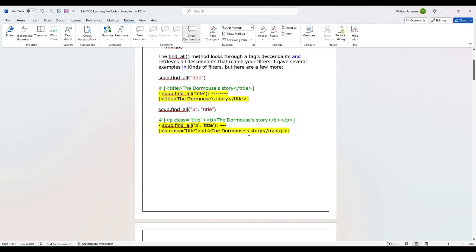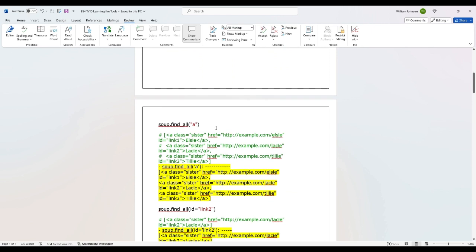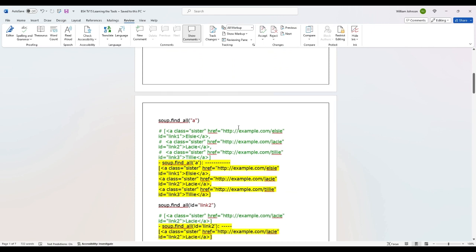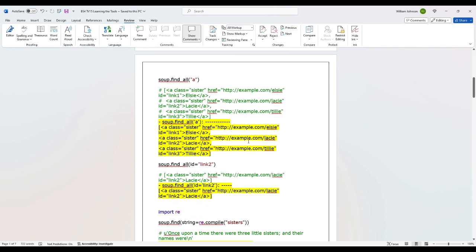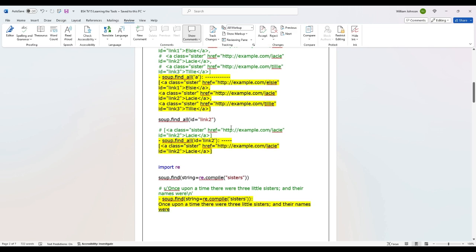Oh, why is the B? Oh, it's the child. It must include that because the title is a string right after the P tag. All right. Then we do anything with the tag A, and we get the three sisters, like you would think. Now we're going like, hey, look at the ID attribute, and we're interested in anything that's equal to link 2. Okay, so, and of course that works with any of these attributes, whether it's a class, this href,